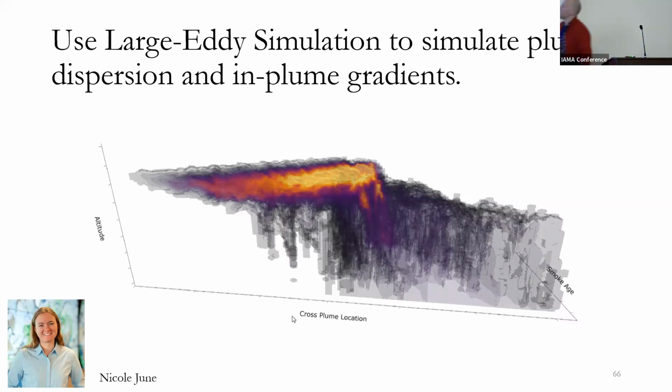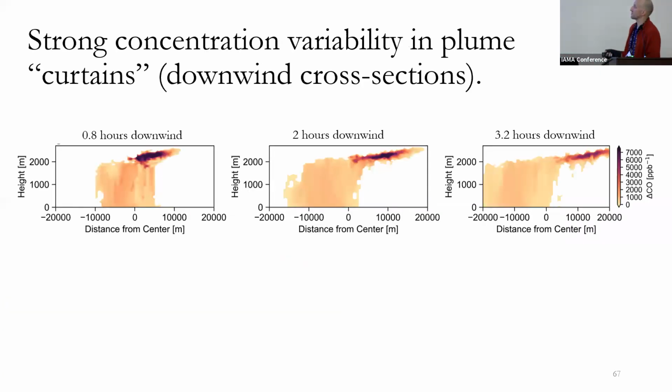So if we take this and we imagine you have slices through this plume downwind, and we look at curtain plots of the slices. So this is taking the slice through 8.8 hours downwind. So here's the free troposphere. This is CO concentration, so high concentrations maintained in the free troposphere and then mixing in the boundary layer. At 2 hours downwind, we're maintaining that high concentration in the free troposphere, but getting more mixing in the boundary layer. And then at 3.2 hours downwind, more of the same. And so we're getting dilution here, and we're getting much less dilution in the free troposphere.